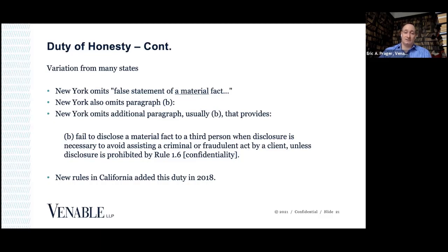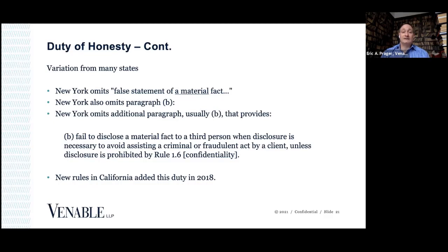What do we infer from that? Or do we infer that in New York, we are going to be even more strict about this rule? And I think the answer is that New York wanted its Character and Fitness Committee, which is the name of the committee that handles ethics and bar admission issues, to have the flexibility to decide on the materiality. I think it goes to what the remedy is probably as much as anything else, rather than the violation of